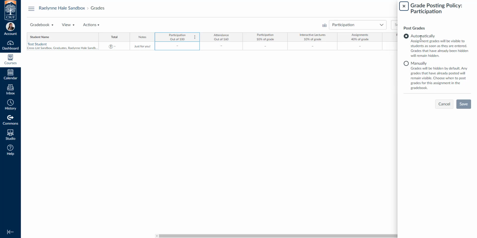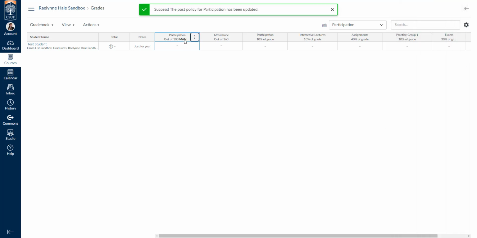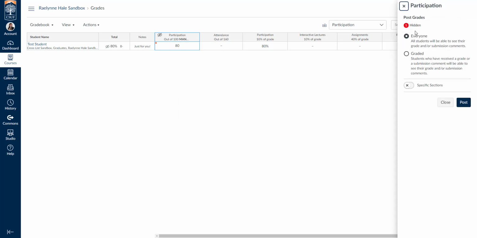So we saw in the little cog that you can do automatic or manual grading for the entire gradebook for all of your assignments, but you can also choose to set this one as manual and keep the rest as automatic. So this would be just for that participation assignment. And when you set that, it'll say manual. And so then once you have student grades to input, then it'll pop a little eyeball here that says, oops, students can't see this, that's hidden. So if I want to post it, I'll click post the grade,